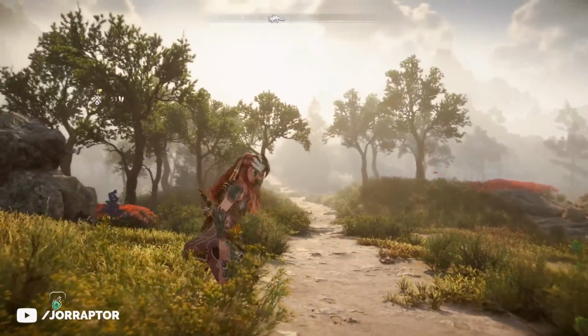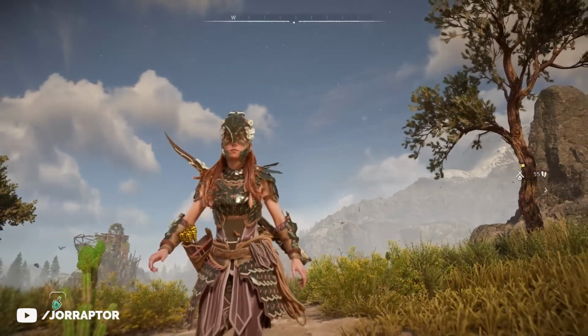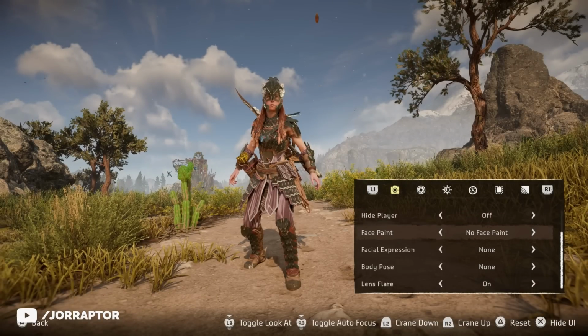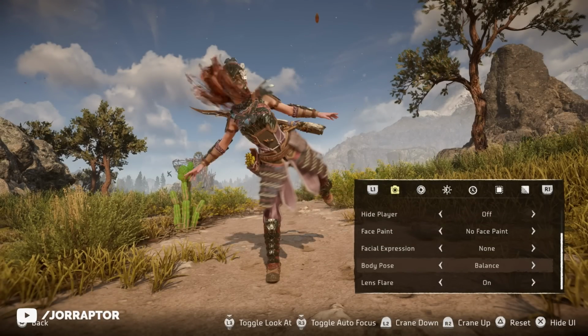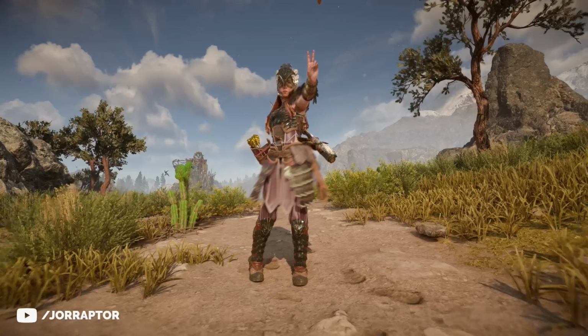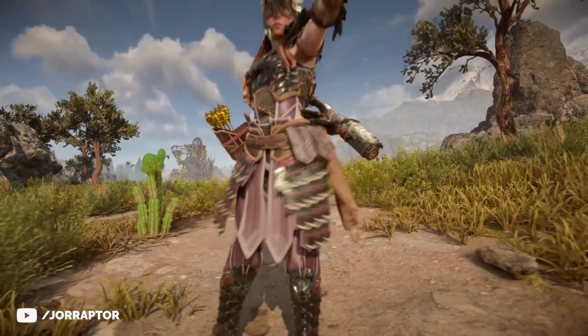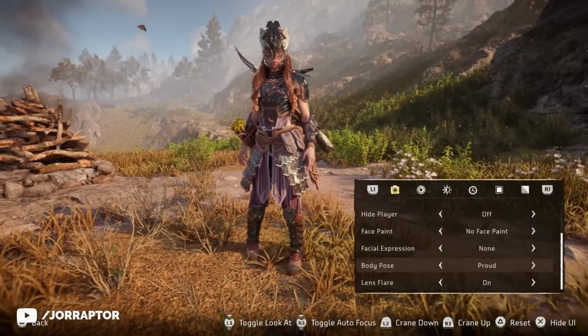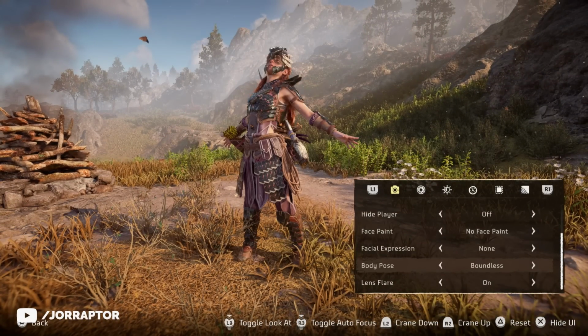I want to go over the update first, and let's immediately start with a big fix. As I also noted in my previous update video, when going into the photo mode and switching poses, Aloy's armor would become blurry, making it almost impossible for me to use the feature. Well, now luckily after the patch, all the stances work again, so totally expect more Aloy poses in thumbnails moving